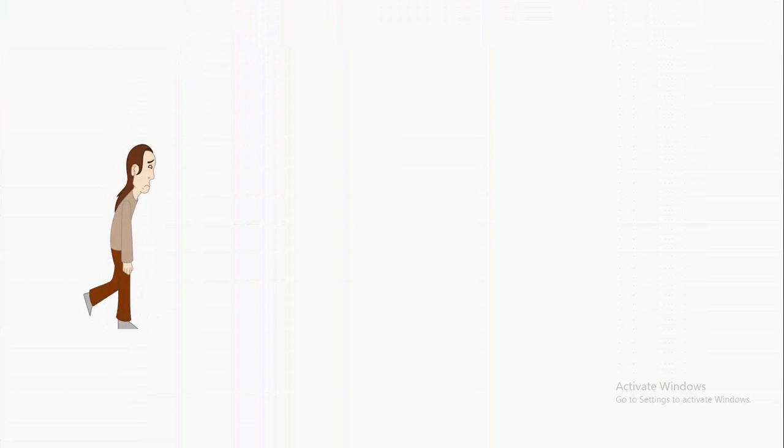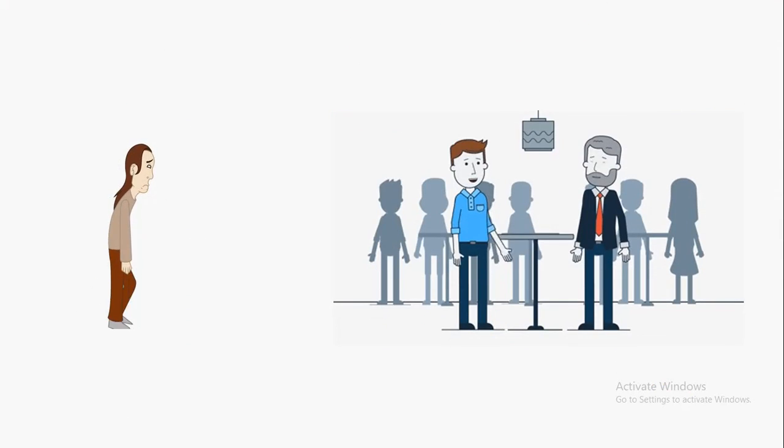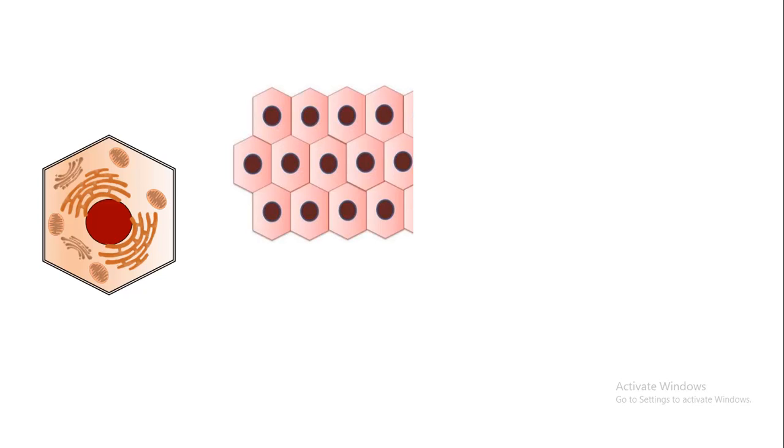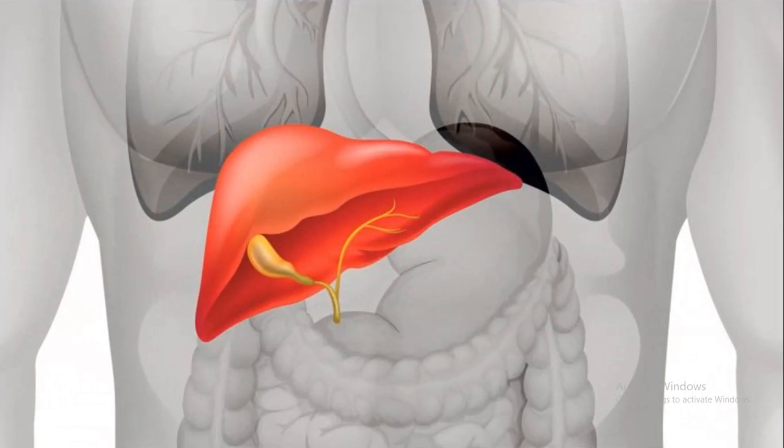We don't like to stay in isolation. Rather, we prefer to talk to each other, make new friends, and build new networks. Just like us, cells don't like to stay in isolation. Together they form tissues, and these tissue organizations form several organs. Like here, the hepatic cells form hepatic tissue, which ultimately gives rise to the liver.